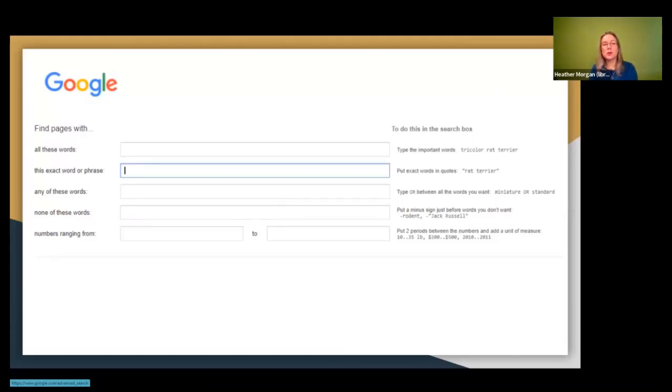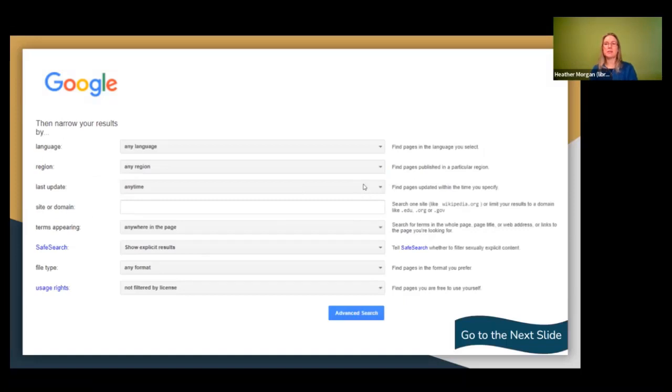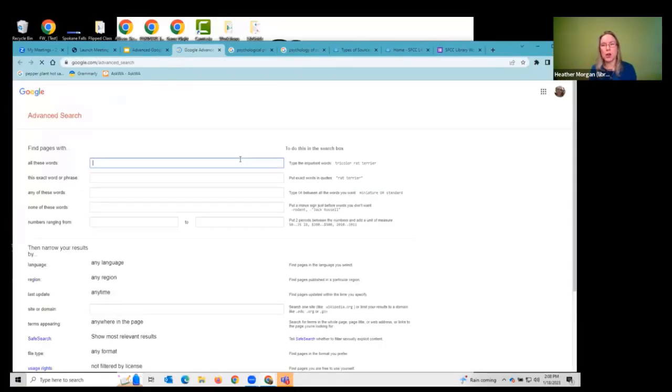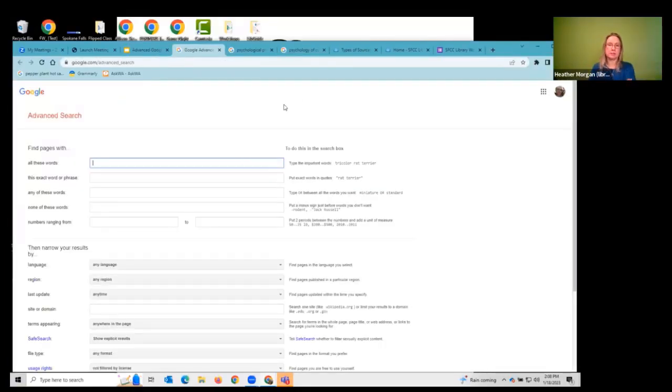She wouldn't put it around psychological principles of con artists because that's not a very common way of describing that, but she would put it around con artists because that's exactly how you would describe someone. Yes, thank you. So like a noun or one idea, we're not going to put it around questions or statements. As Heather said, that will make it harder for you.